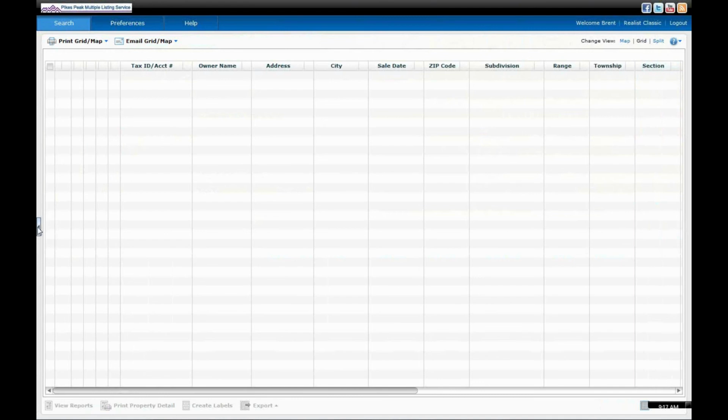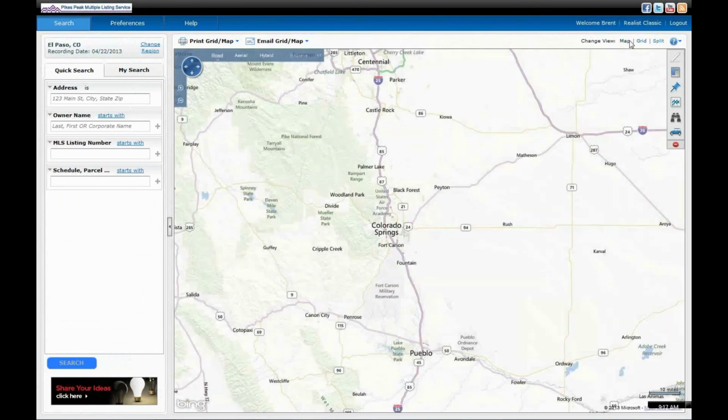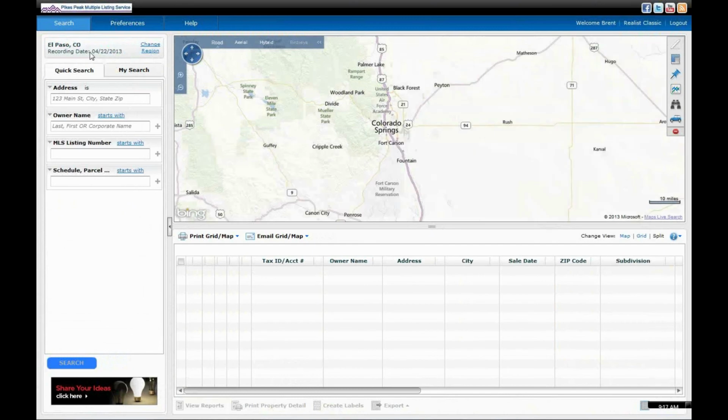You can, again, also bring back your search section. You can also take a look at Realist and just make it one big map if you want to. And you can even look at a split view if you'd like as well. So everything kind of works in conjunction with each other in Realist, so we'll leave all these up for just a little bit. And we'll start going into detail over here on the search section,